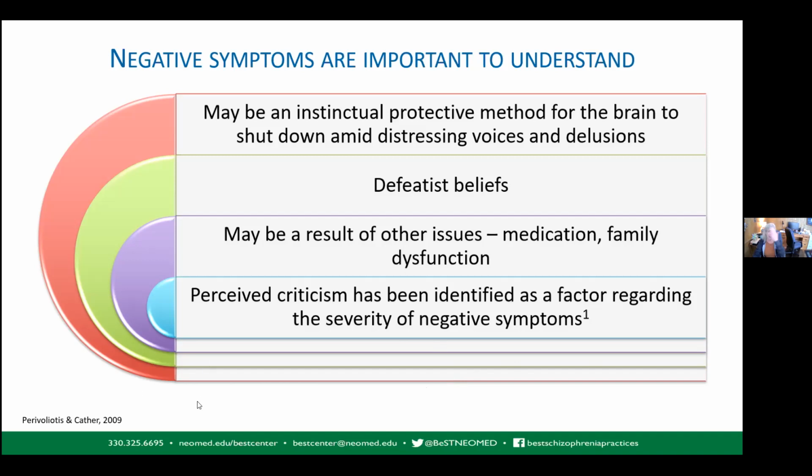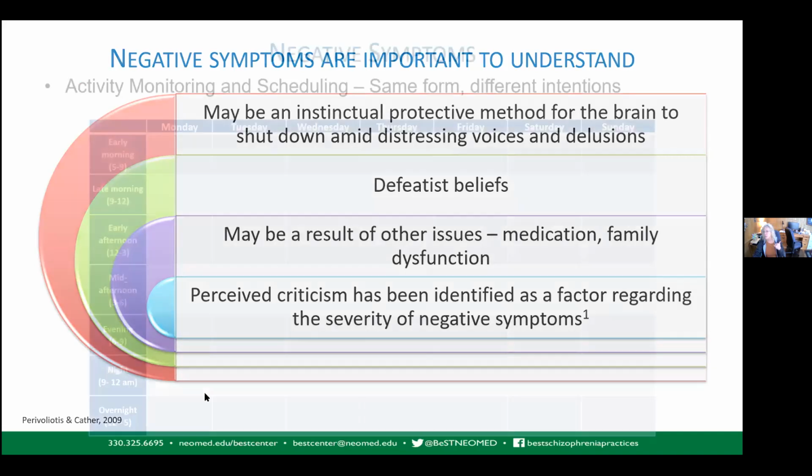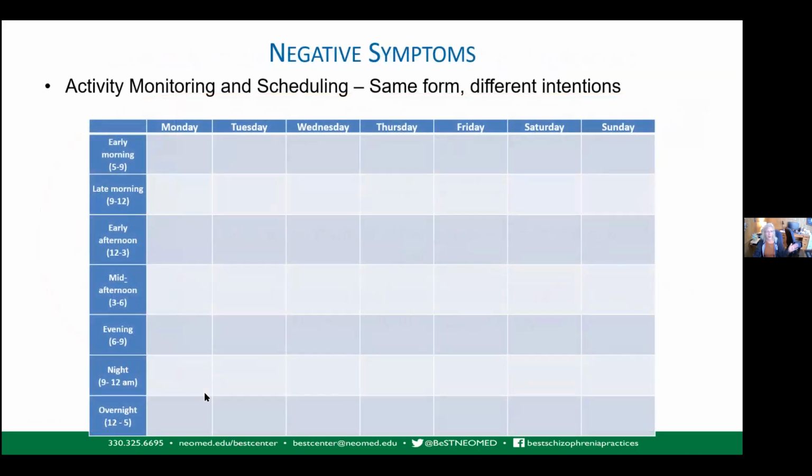But even if it's something in the brain, remember that therapy and treatment can change the architecture of the brain. Okay, so it's not just, that's the way it is. We can work with it. Techniques would include activity monitoring and scheduling. You use the same form for both, right? So the first time around, what you want to do is just simply monitor what the person is doing, but not change anything. And then when they bring this back, go over it and say, what would you like